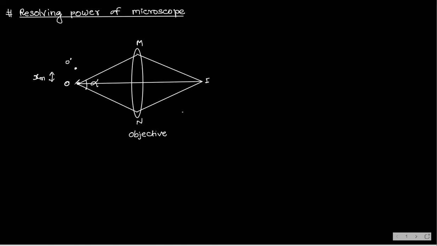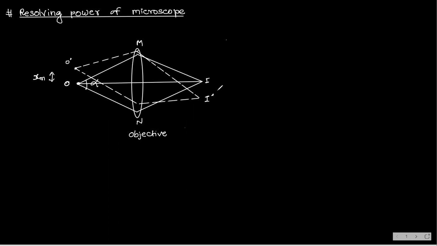Now this is I, image of this object O. Now here is O dash, where we will get its image, somewhere here, I dash. Okay,